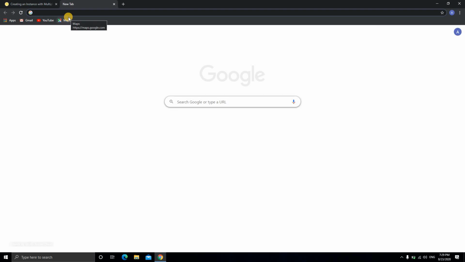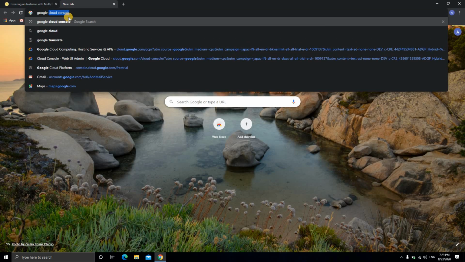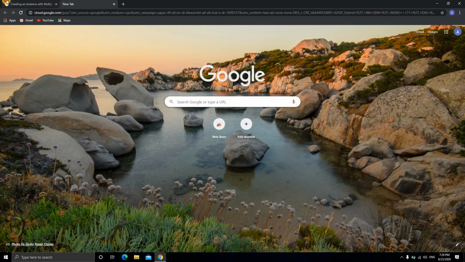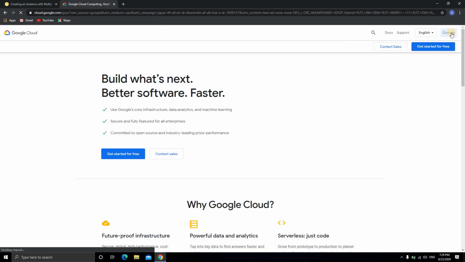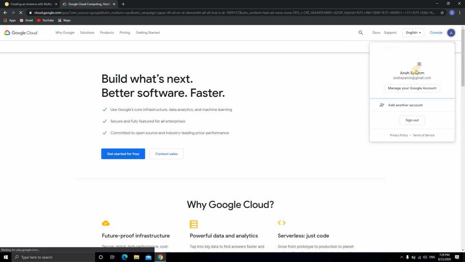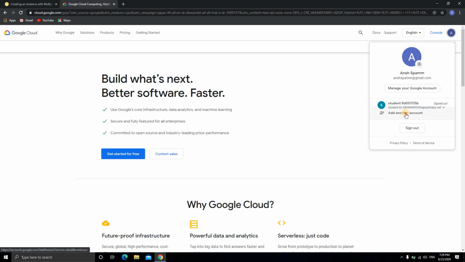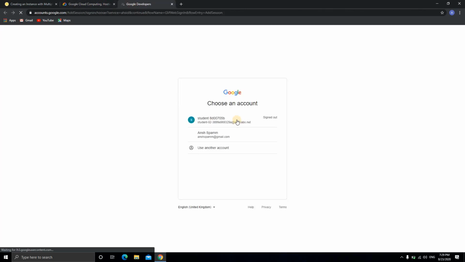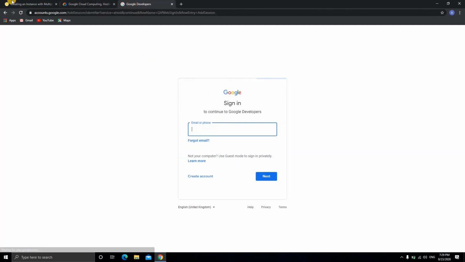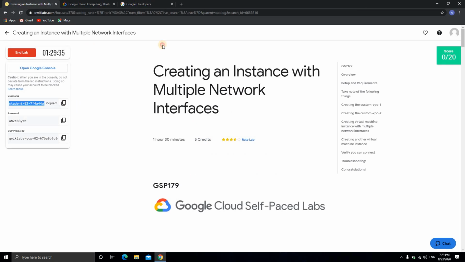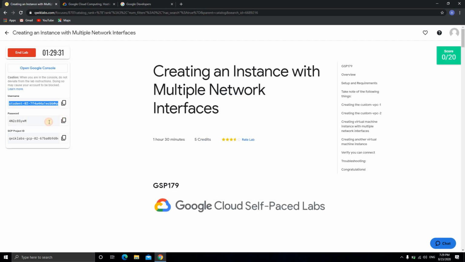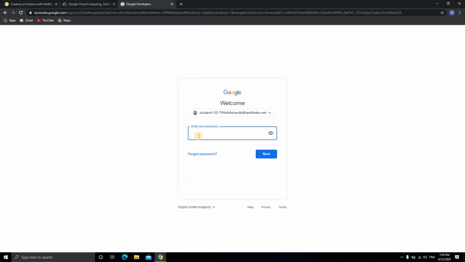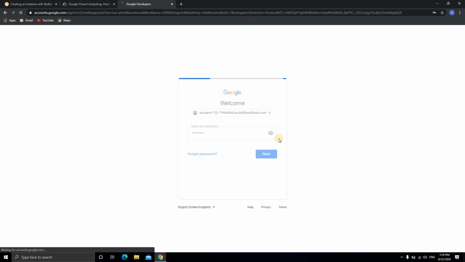Till then, we will open Google Cloud Console. Yeah, Google Cloud Console, and right now here we are. You'll get a username and a password through which you need to log into your Google Console. I don't want to use my account because I don't have this paid subscription for Google Cloud RDP and so on. So I'll just click on this and log in through this ID. I'll copy the password which is given to me over here, paste it and click on next.